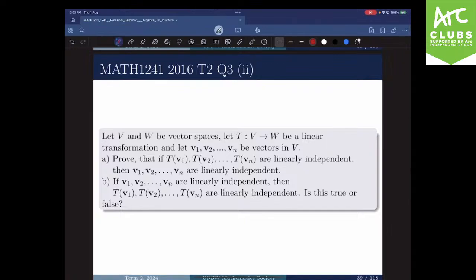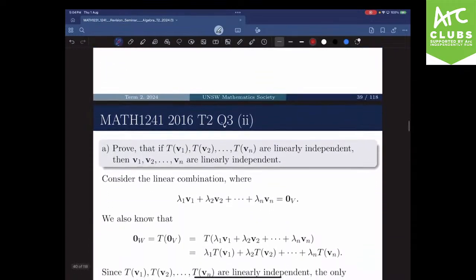And here's another question. We have some vector spaces V and W, and T is a linear transformation. We have to prove that if, under this linear transformation, the vectors v1, v2, ..., vn have images that are linearly independent, then they are linearly independent before passing through the mapping. And part B: is the converse true? Just going through part A first,